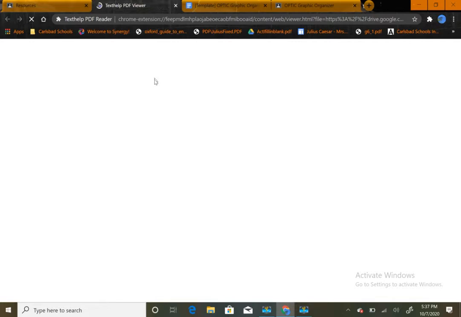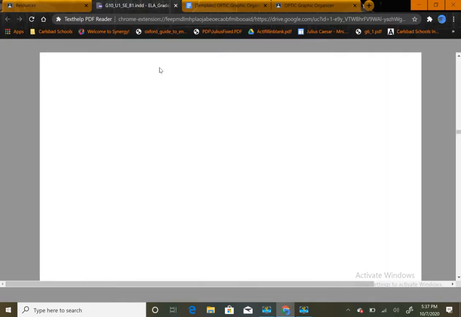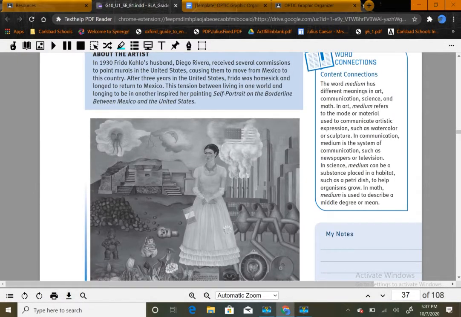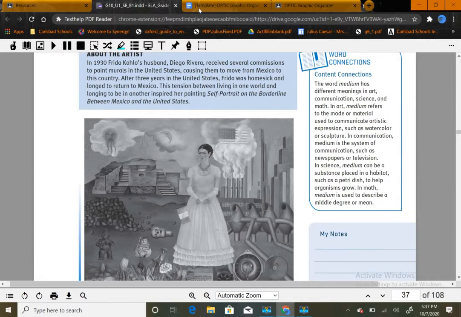I'm going to open this with my Read and Write for Chrome because that gives me my PDF text. You can open it in Cami, I guess, but I like this better because this will actually read to me. Now, what I'd like to do is just go into it through Springboard, but this, as you can see